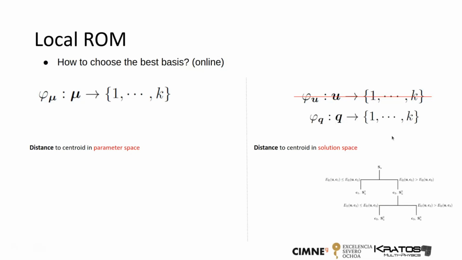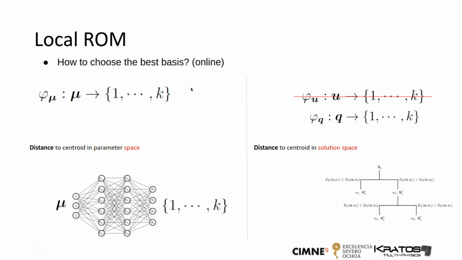PBL has its own. If you check the projection on each one of the, basically you go down the binary tree, checking the projection error, and once you reach a leaf, you use that basis. That's one alternative. And another alternative, which is very interesting, is okay, I will train either a classification neural network or a regression neural network. I will put the parameters, and I will get the optimal cluster. And then whenever I get a new parameter, I will just use this to choose.